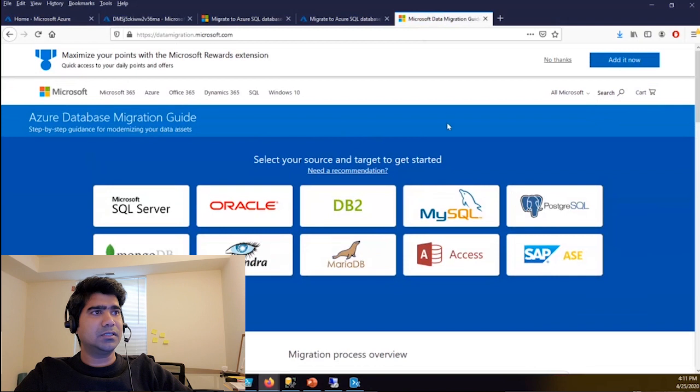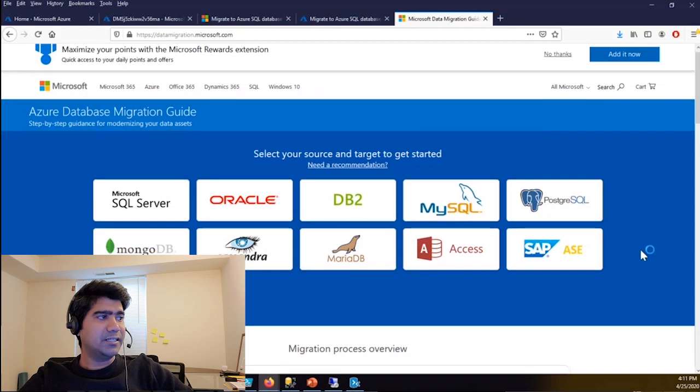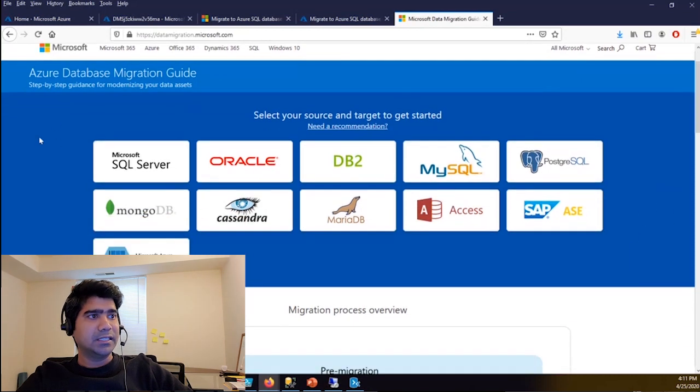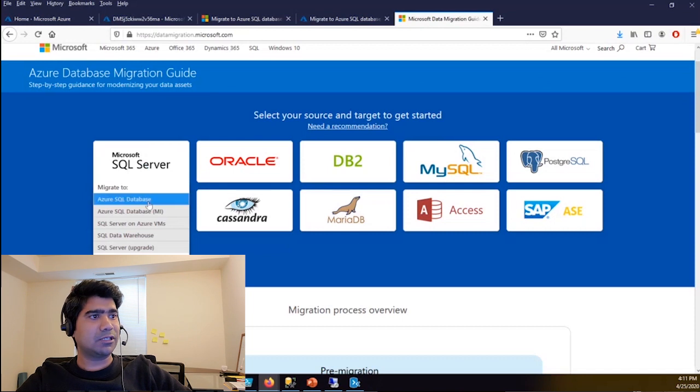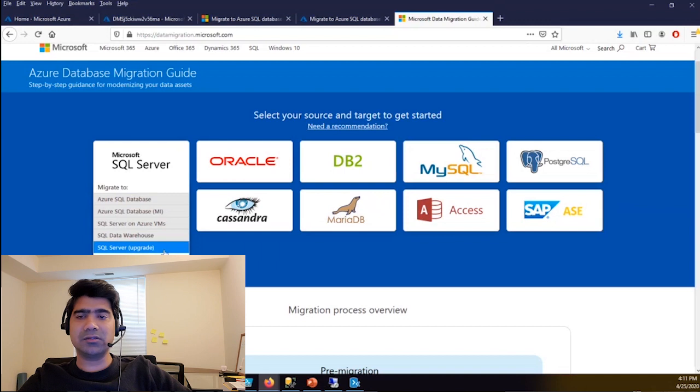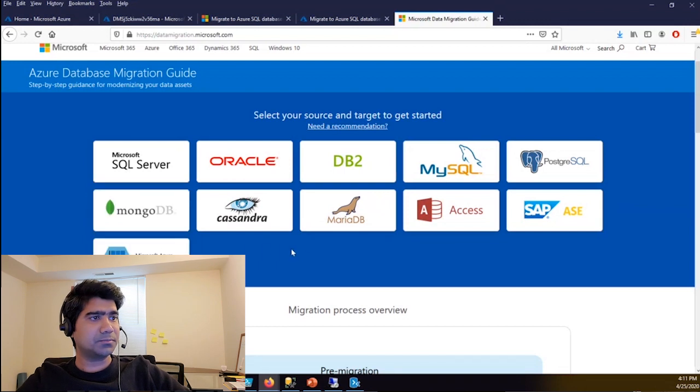So this is a website created by Microsoft where you see all the sources and destinations defined. Right. So if you just hover on any link like SQL Server, it will tell you what all compatibilities are there, like where you can migrate this particular workload to. So if you select SQL Server, it will show you SQL Database, Managed Instance on Azure VMs, SQL Data Warehouse, and SQL Server upgrade, which means you can upgrade it to any latest version.